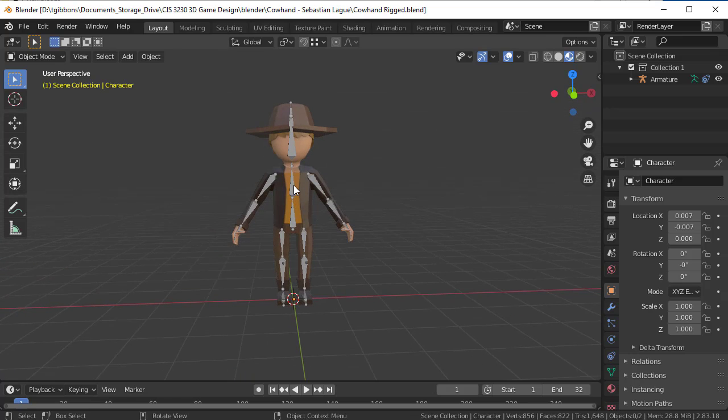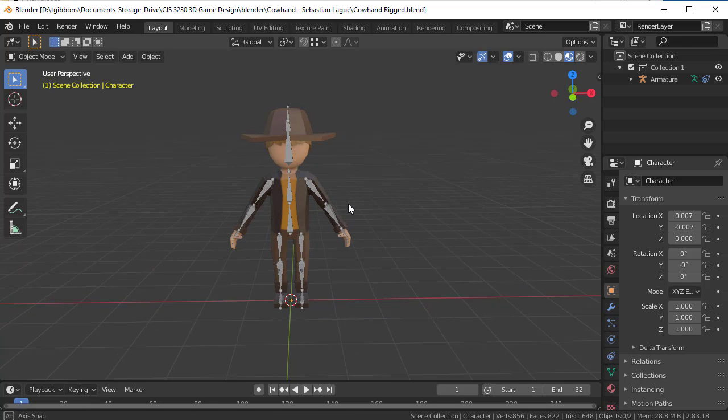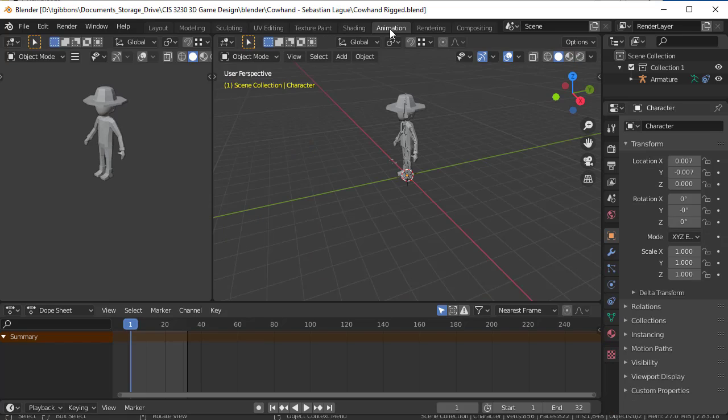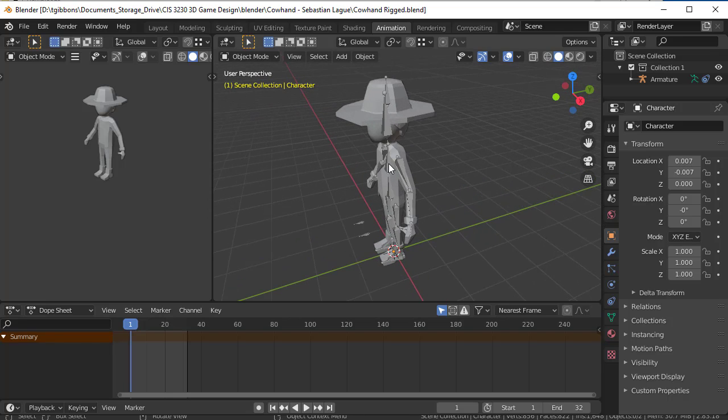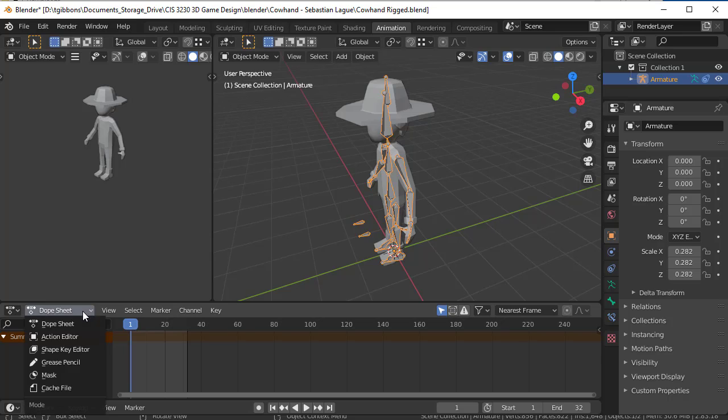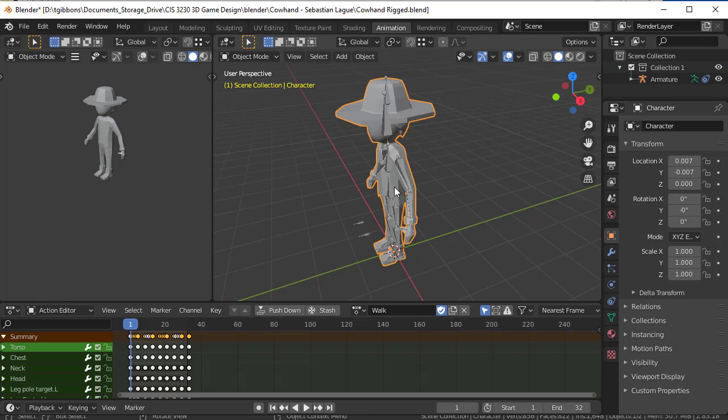And then we're going to start animating this, so we're going to switch to the animation mode up here. Now once I've got there, I'm going to shift and move this into focus here and click on this. So this is my animation stuff here, and instead of dope sheet I'm going to switch to animation editor, and in animation editor there will be different animations we can save and use for this character,